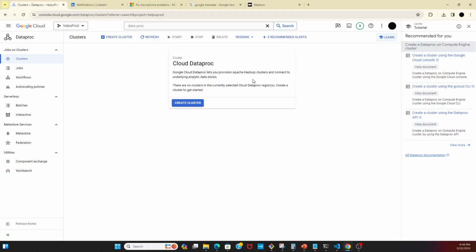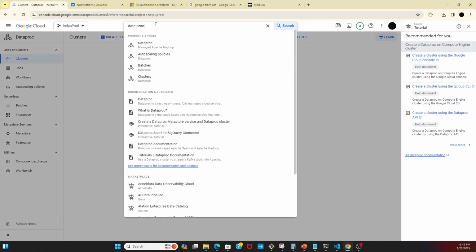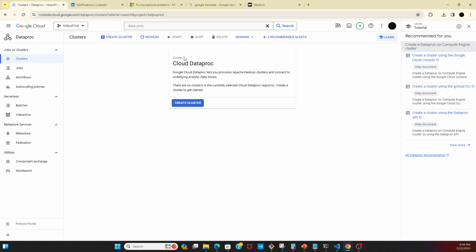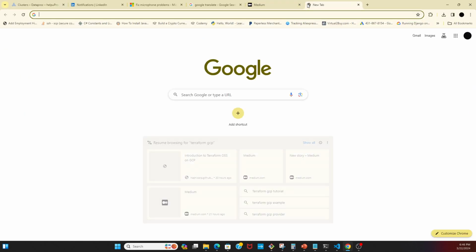Before we go to the command shell, we have to make sure of a couple of things before we start executing the commands. One is we have to enable the Dataproc API. We have to go here and enable the Dataproc API, or Dataproc service, in Google Cloud. Right now I don't have any cluster. I created one already, but I deleted it. So right now we don't have any cluster at the moment. And another important thing is we have to download and install